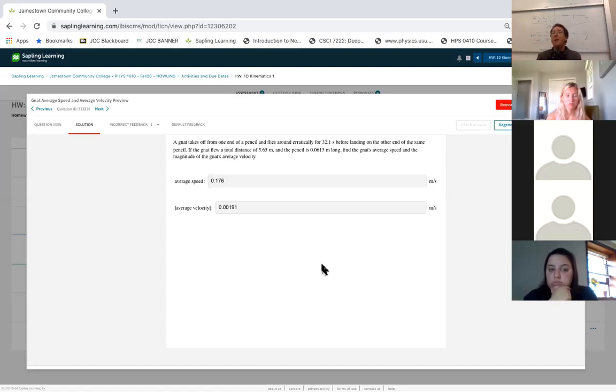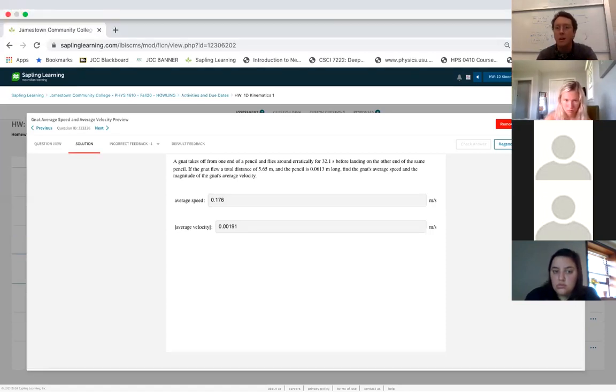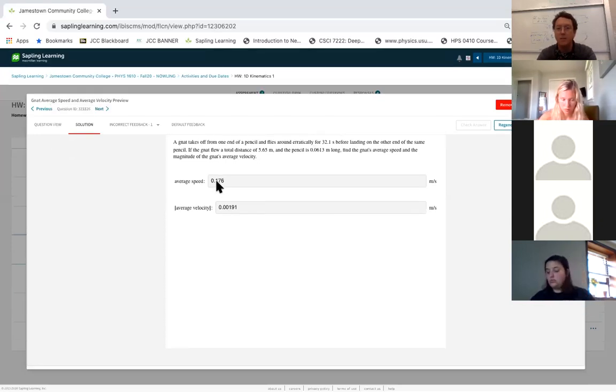In my case, it's 5.65. But if you divide 5.65 by 32.1 seconds, that will give you the speed, the average speed. I believe them when they say it comes out to be 0.176. So it should be 5.65 divided by 32.1. On my calculator, I get 0.176, which is what they're telling me is the correct